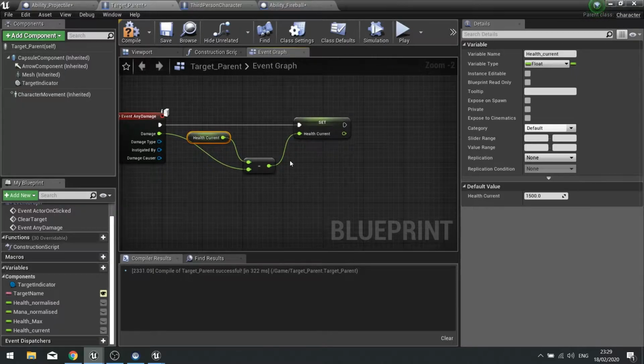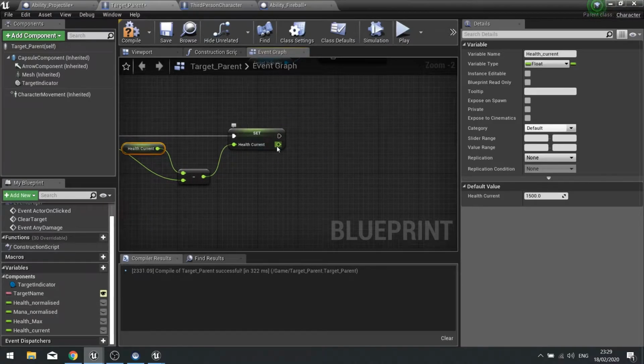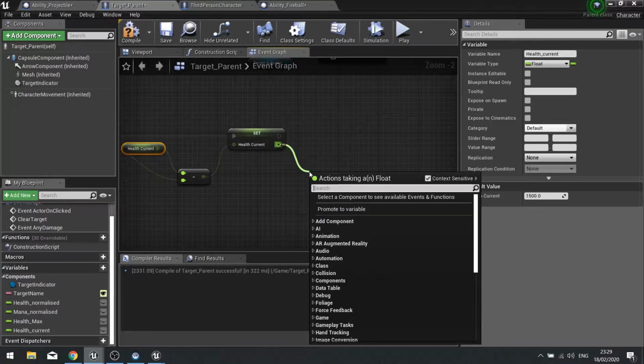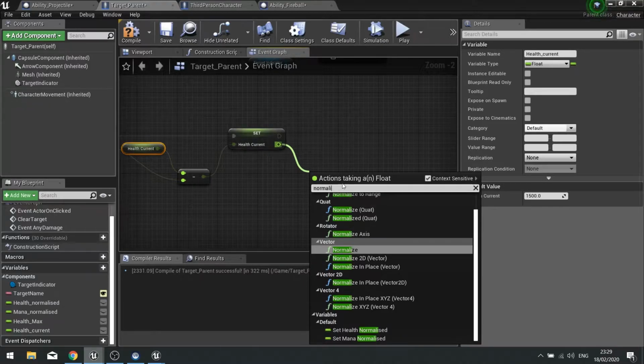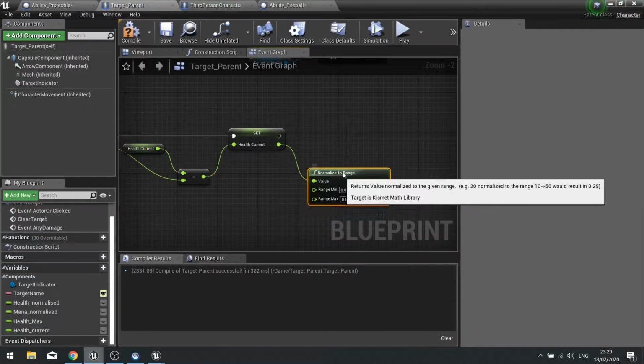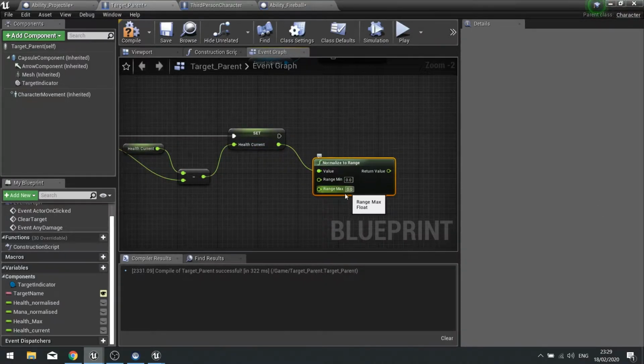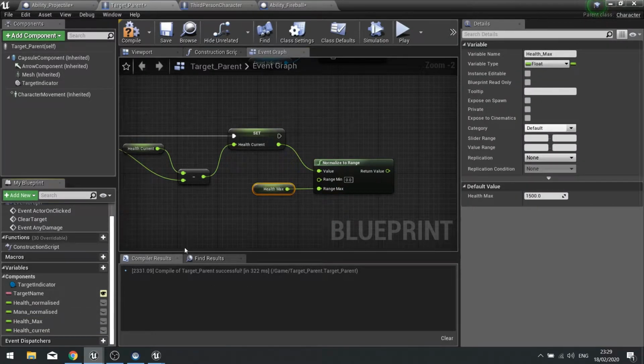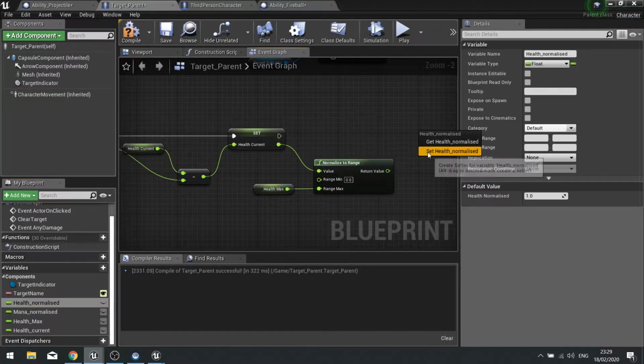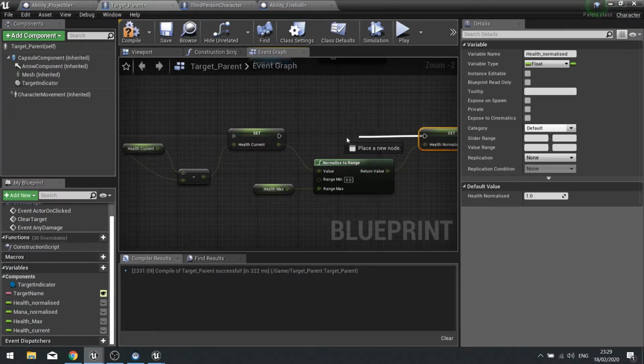Okay. Now with that done, we then want to recalculate our health normalized. So to do that, we go normalized to range. Health current will be the value. The range maximum will be health max. And we'll set health normalized from this return value.